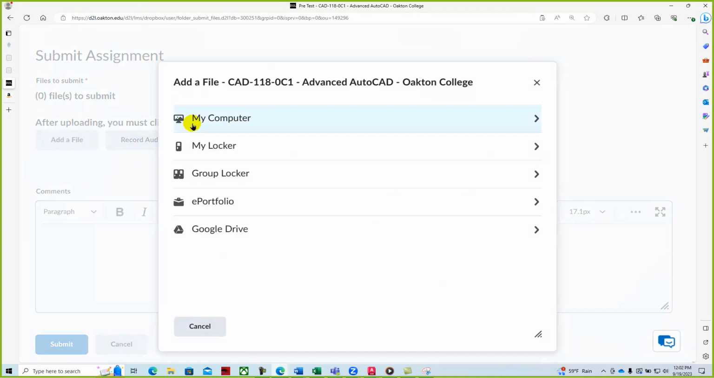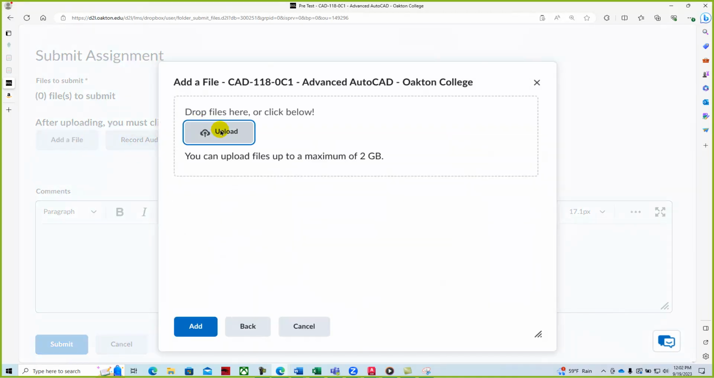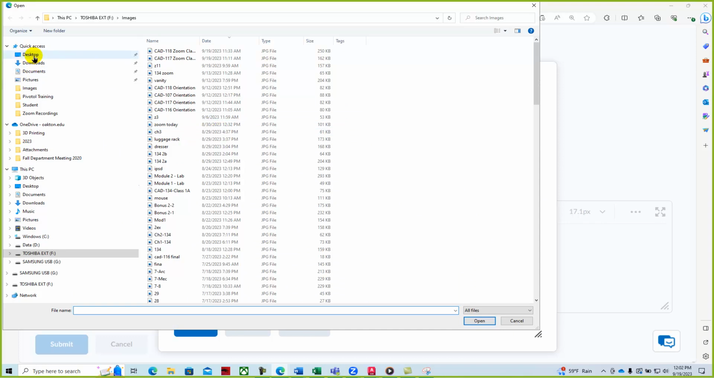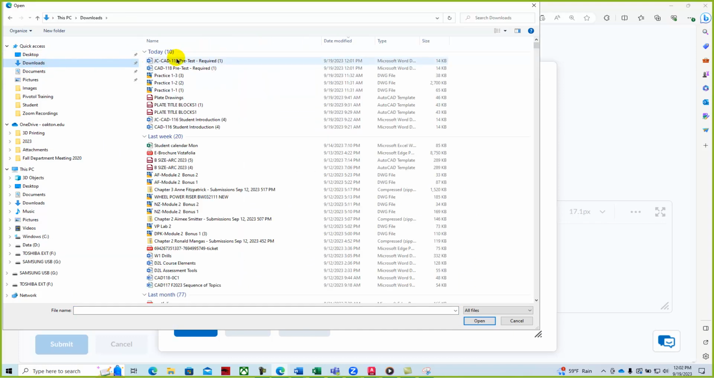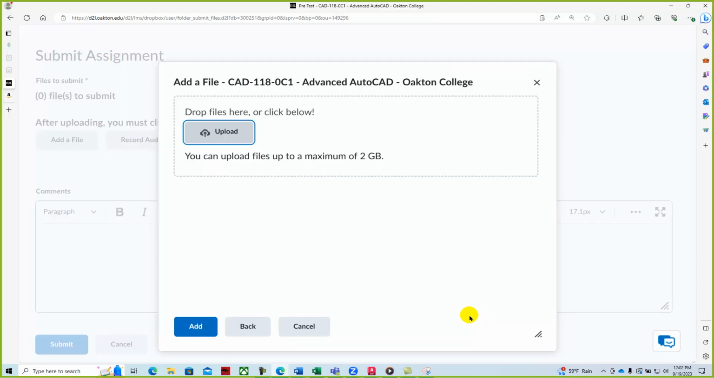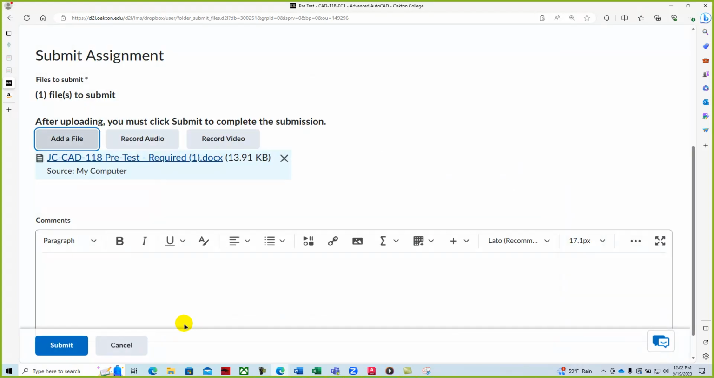Add a file. I can just locate that file in my downloads. So here's my 118. Open, add it. And then if you want to add some information, you can use this as a way to communicate with your instructor. When I submit,